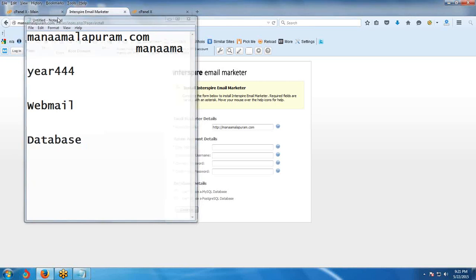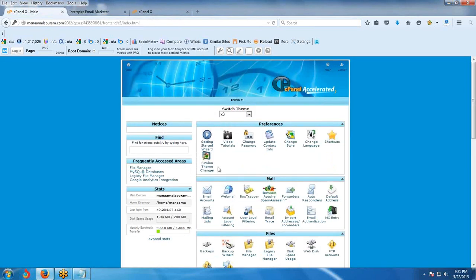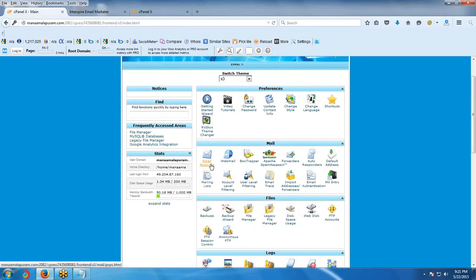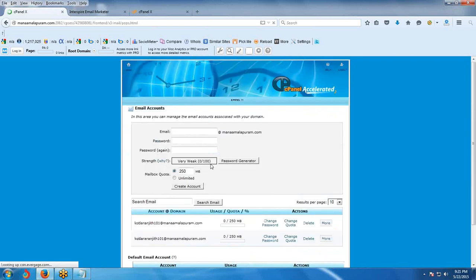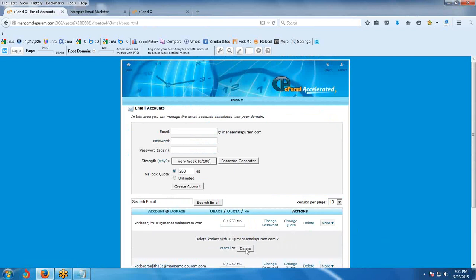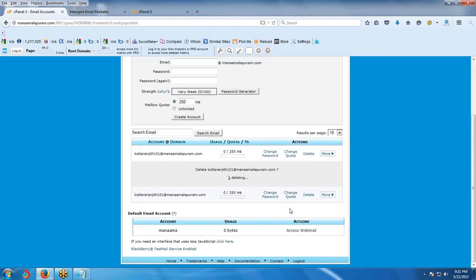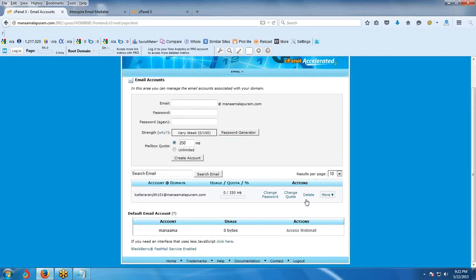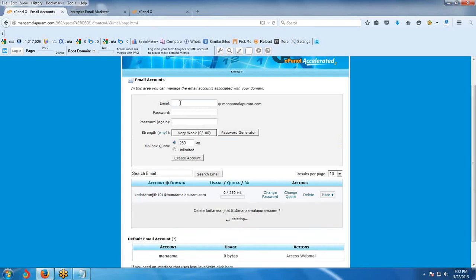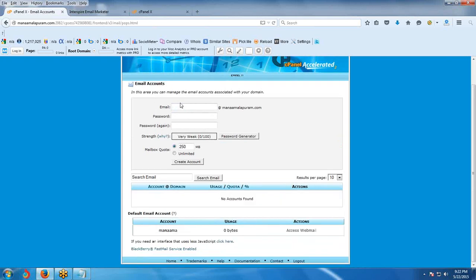It's very easy. Just go to cPanel, email accounts, click on email accounts. Some guys have created some mail IDs here. I am creating one email ID, info. The password is year 2015.